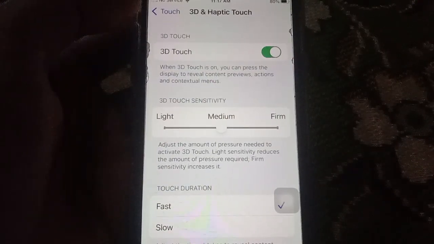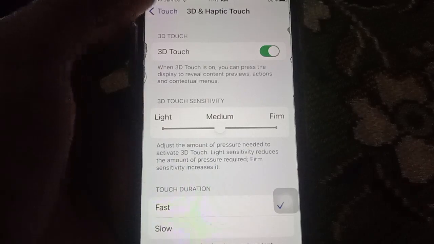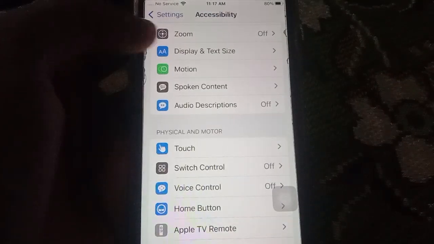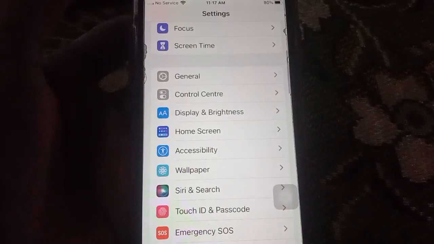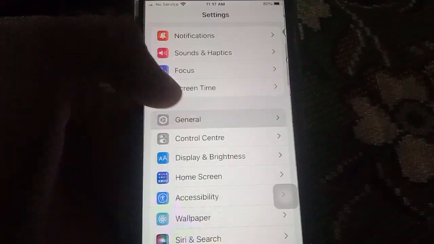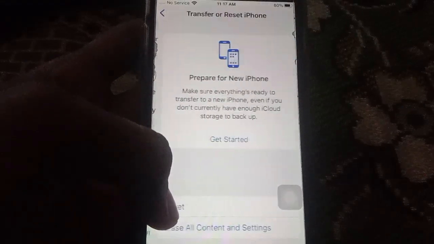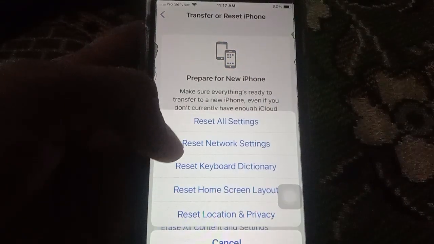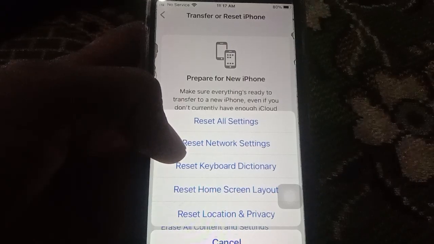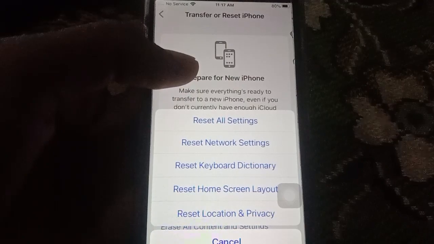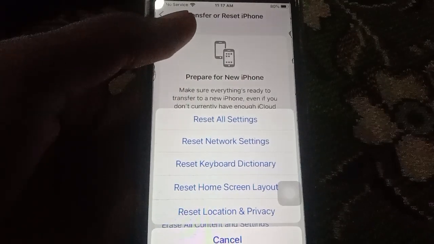on your iPhone. And then the other solution is to reset the network settings. Open Settings again, click on General and scroll down, then Transfer or Reset iPhone, and then Reset Network Settings. Do not lose any data, video, or photo on your iPhone, only the network settings are reset. Then